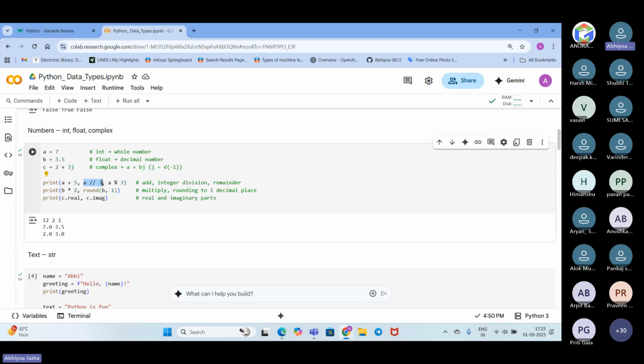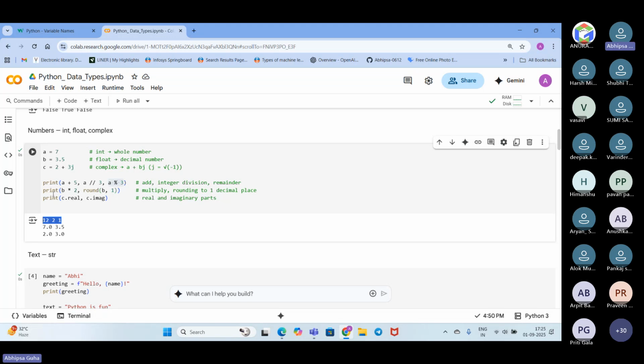So the quotient value we get here. Next is a modulo 3, that is we are trying to get the remainder value. While dividing 7 by 3, we get 1 as a remainder, and that is coming up here.